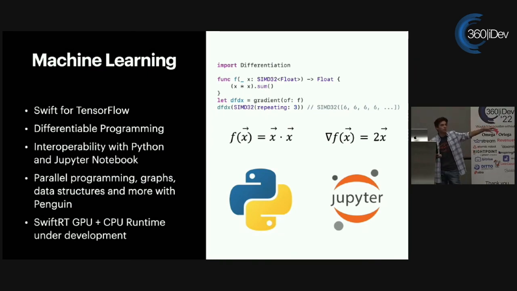In addition, you have Penguin and Swift RT, that's Swift runtime, that are really adding new levels of speed to Swift. You have them becoming used in science in a way that has never really been done before, because typically, scientifically, you're going to be using C++, C, things that are lightning fast and about as low overhead as possible. And now that we're adding Swift runtime to GPU and CPU, that is going to enable Swift to be used in a variety of new settings in a way that it hasn't been used before.